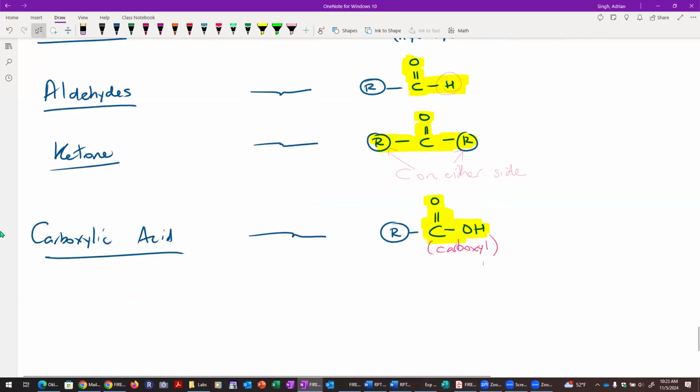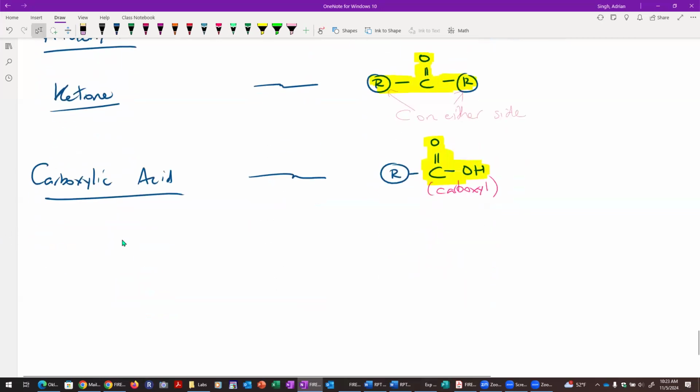A couple more we'll see here. One that looks very similar to a carboxylic acid is called an ester. So if you have a C double bond O, and then an O on one side, and now instead of being connected to an H like in the carboxyl group, that's connected to a carbon, you have a carbon on the other side, that then is what an ester is. So C double bond O,